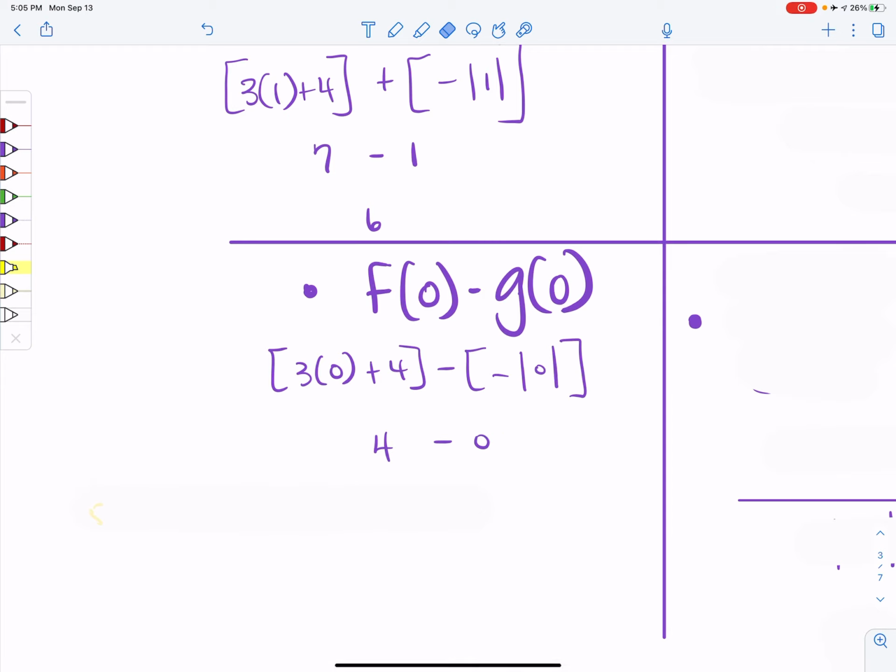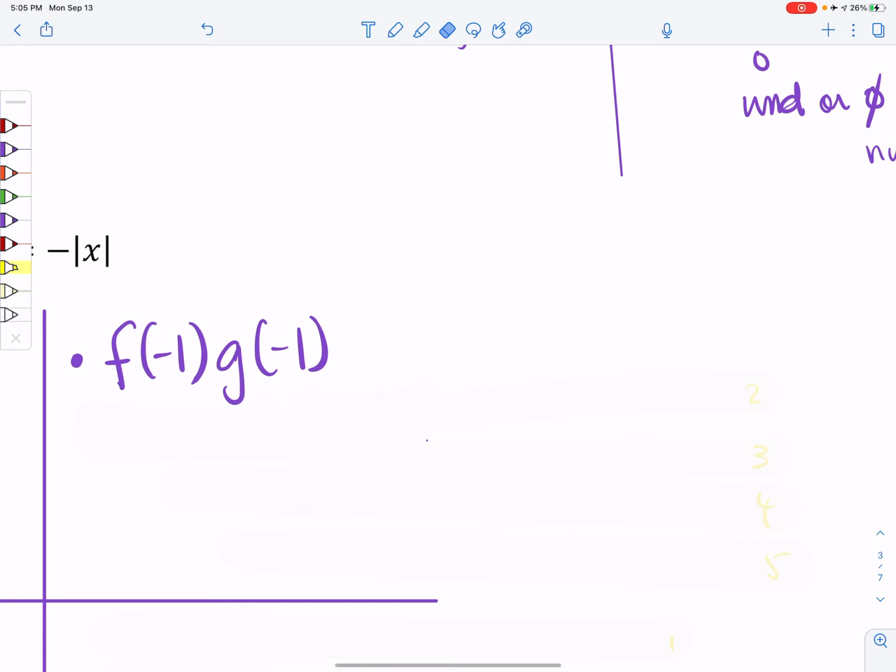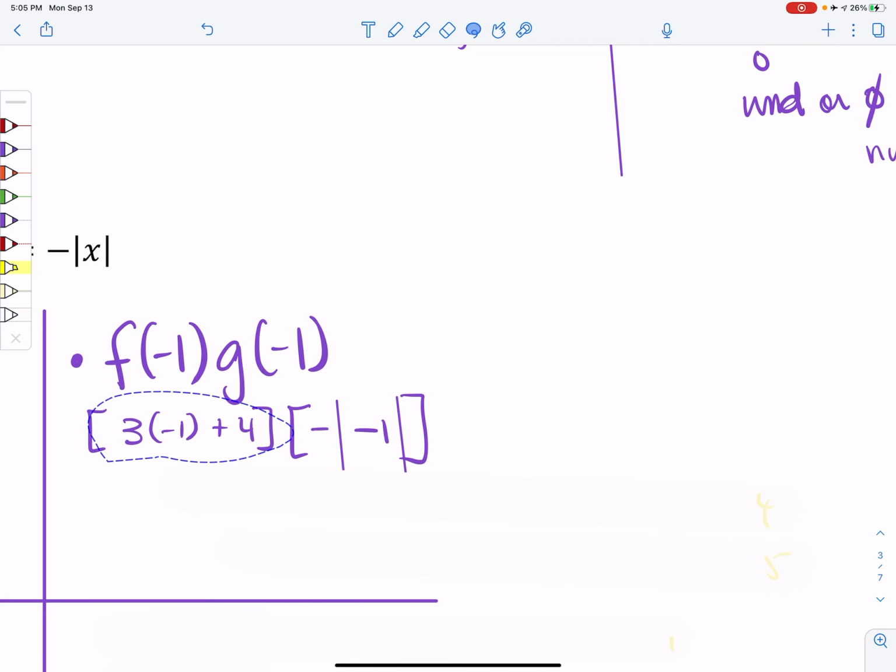And so this is going to turn into a 4 minus 0, which is 4. For the multiplying, f of negative 1 times g of negative 1. So f of negative 1, plug that in. G of negative 1 is going to be the absolute value of negative 1. That first quantity is going to be a negative 3 plus 4, which is just going to be a 1. The second quantity, and don't forget you're multiplying here, what's inside the group first, the absolute value, this is just going to be a plain old 1. So that's where I get a negative plain old 1. And 1 times negative 1